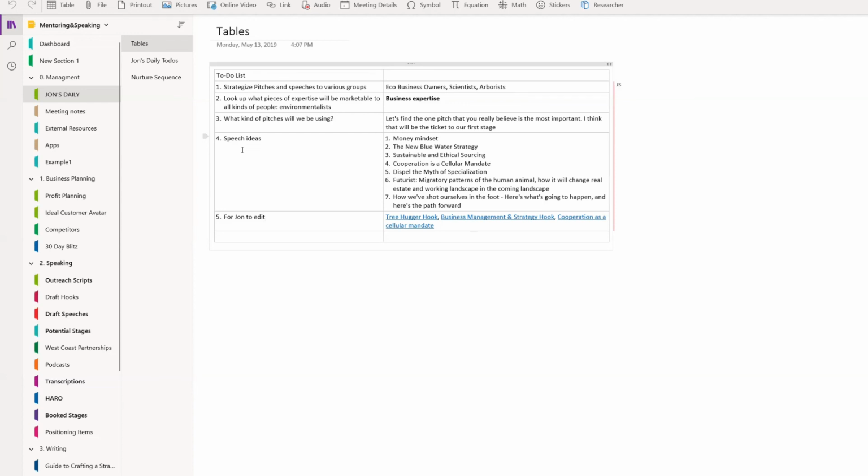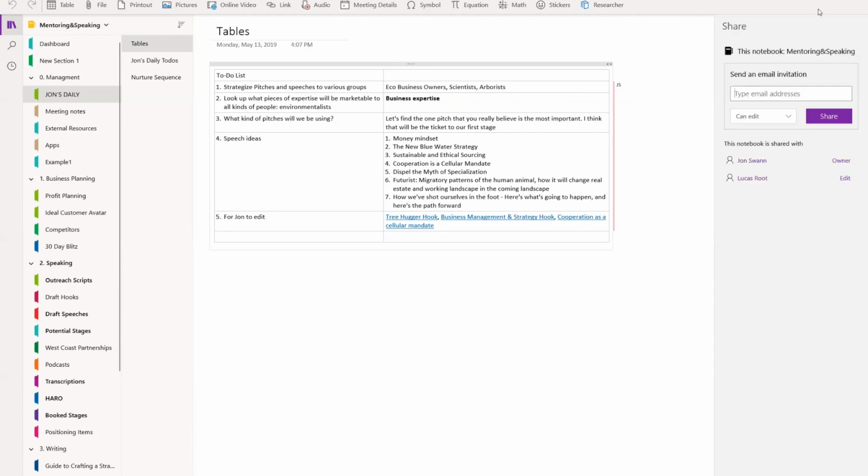I really like. Yeah, I can jump here, and the share button's hidden behind our pictures up here, but I can drop here, hit the share button, and then anybody that's already in my allowed contacts, I could just dump it right in here, and this page will get shared to them without the rest of the notebook.